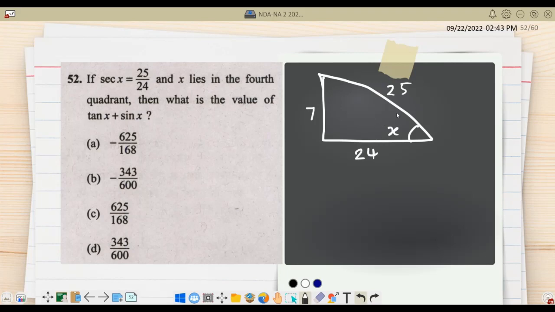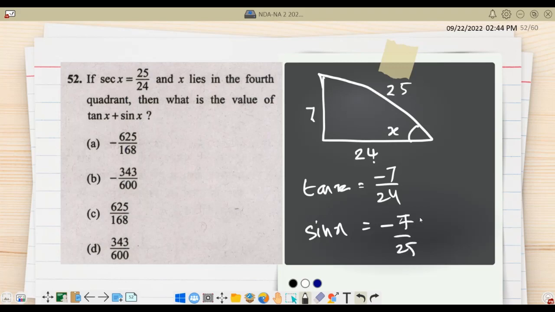So we know this, right? So tan x plus sin x. The value of tan x in the fourth quadrant is going to be negative, right? Fourth quadrant, tan is negative. Only cos and secant are positive. This is going to be minus 7 by 24, opposite by adjacent. So the value of sin x is going to be negative because sin is negative, opposite by hypotenuse, minus 7 by 25. Right. So adding both of these,